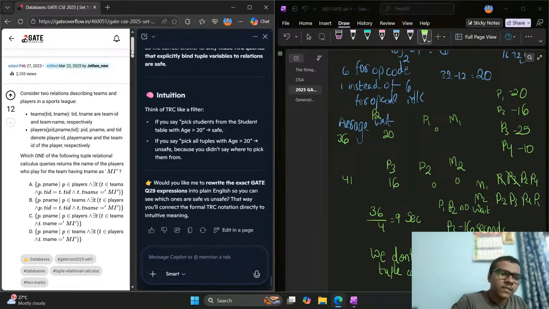Team contains the players and the exercise such that T belongs to teams and the player. T belongs to teams. P belongs to